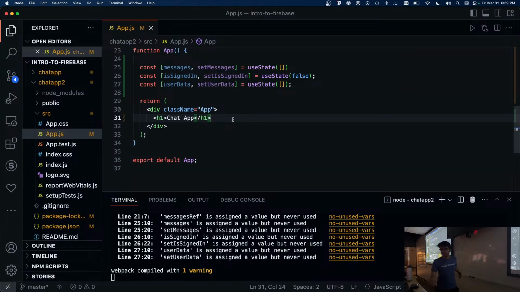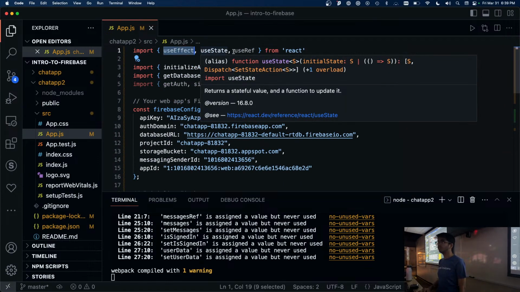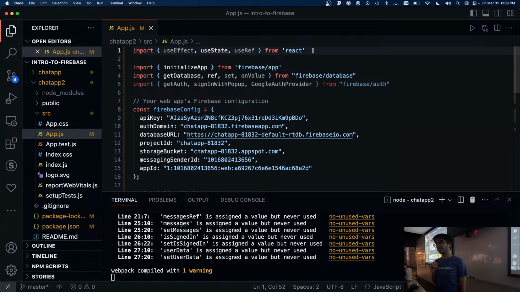Heads up, in case anyone missed this, you have to import useEffect, useState, and useRef from React. And once you've done that,